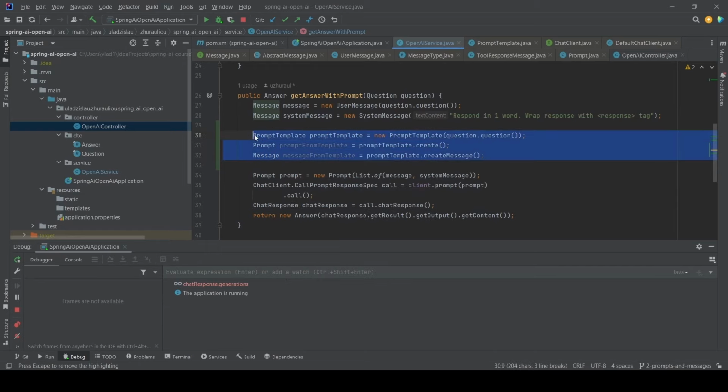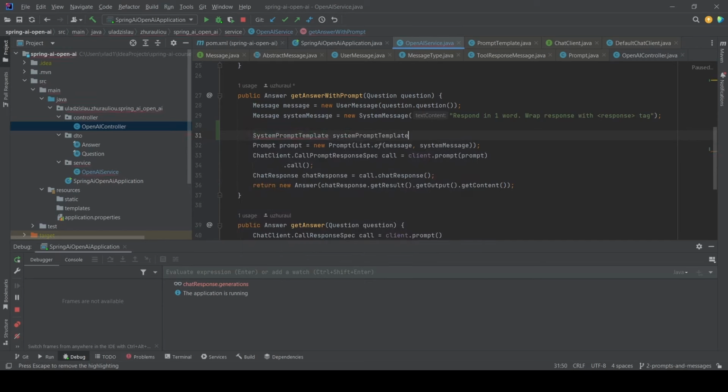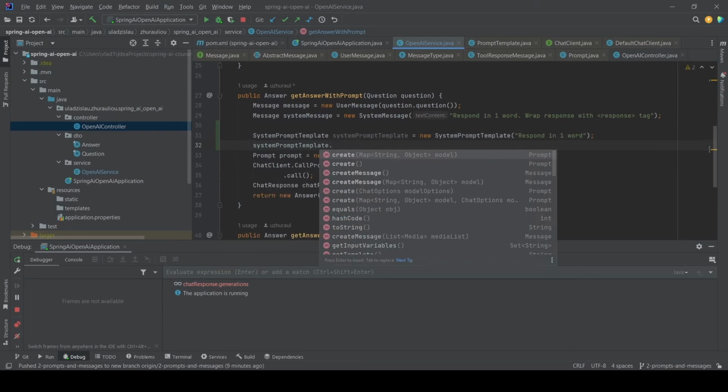What we also have is SystemPromptTemplate. New SystemPromptTemplate. It also can accept a string as a parameter. Yeah, and we can put any string here. So basically it works the same way as PromptTemplate, but creates a system message instead of a user message. Just to remind you, a system message is used to guide the AI's behavior and response style. So we can say here: respond in one word. Yeah, and then create